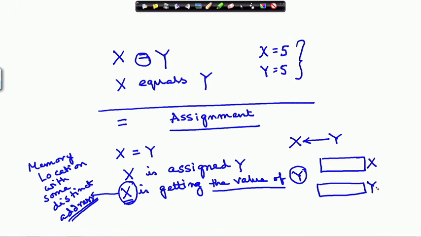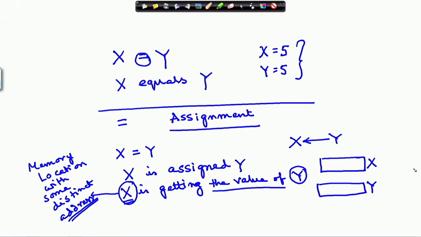Otherwise I would have to write the address here, and the address in a computer system, in machine language, will be a string of binary bits. So, that will be really complicated. So, for the sake of understanding, we are just writing x and y, but you must understand that this x or this y means the address